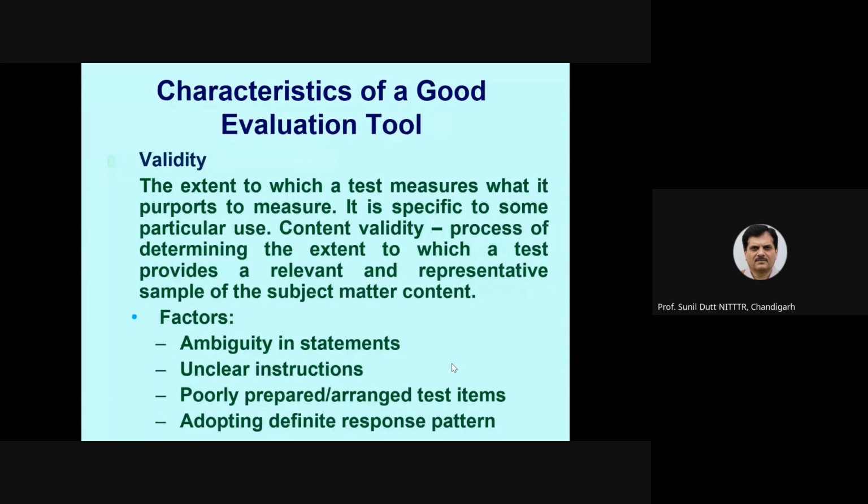There should not be any ambiguity in these statements. If you want him to draw the sketch also, you write, explain with a neat sketch the working principle of carburetor of an IC engine. Describe the advantages of lubricants. How many advantages? 6, 8? Of a particular category of lubricant. It is not clear to the student. You have to specify. Give complete instruction. And you have to arrange items ranging from simple to difficult.